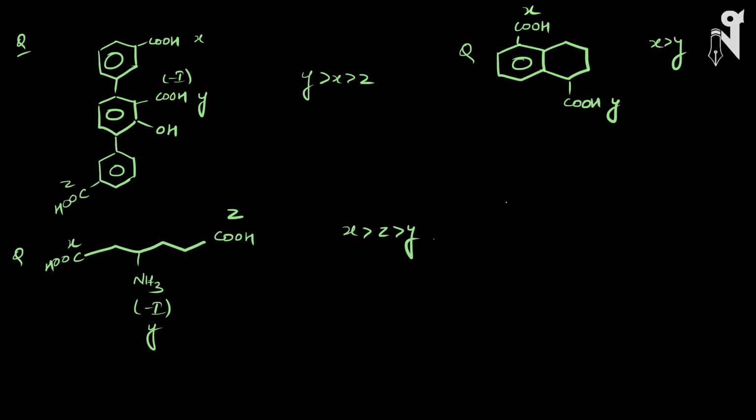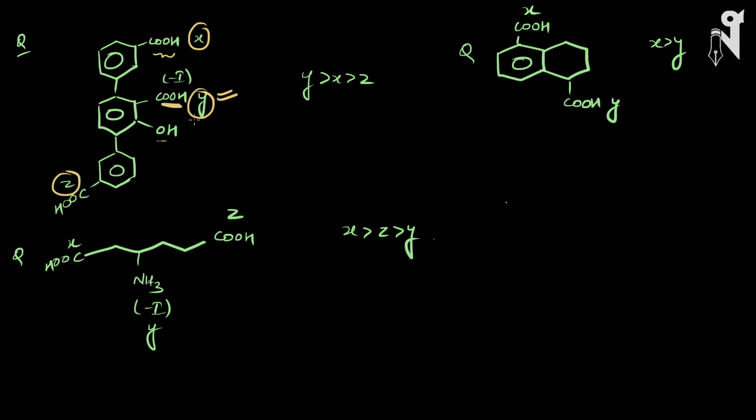The first question here has three carboxylic acids. This is X, this is Y, and this is Z. The question is to arrange X, Y, and Z in the acidic strength order. So which one is most acidic? Look at the COOH which is present over here. The COOH has an OH on the ortho position. So we have learned that in the case of benzoic acids, any group present on the ortho position will give you the ortho effect and will make the molecule more acidic than a normal benzoic acid, and hence this Y